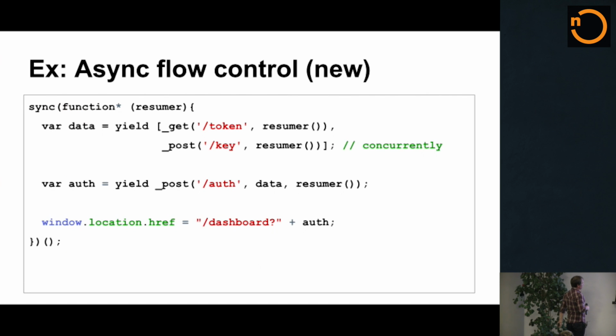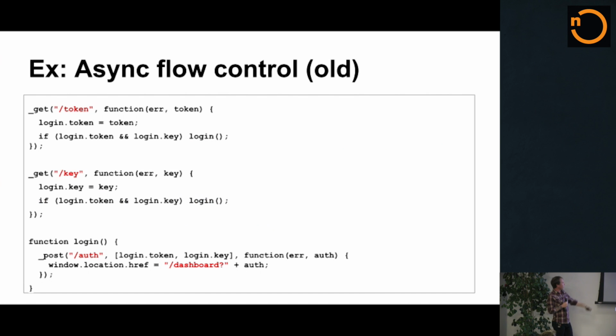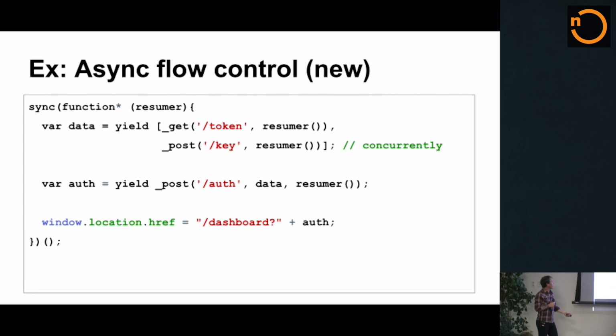As I said, this is the old school way of doing it. This is the new school way of doing it. New school, I'm totally LA. So what we're doing here, just like in this prior example, where we're getting token and we're getting key, and then when we're done with both of those operations, we move on to posting to auth and then doing this redirect. We can do this in much fewer lines of code, much less clutter, and it's pretty clear what we're doing. I had to put this array on 2 lines to fit it in the slides, but the API looks pretty clean, in my opinion.